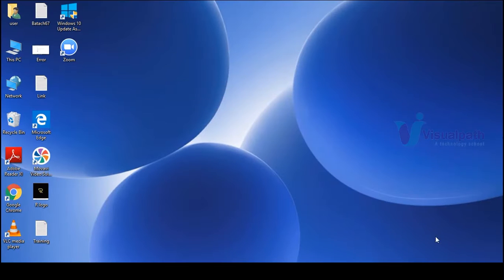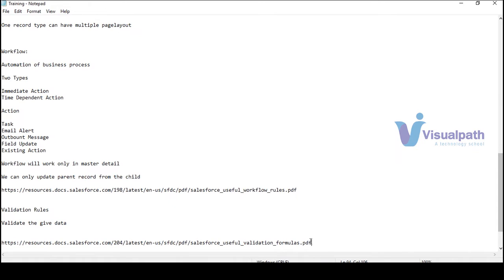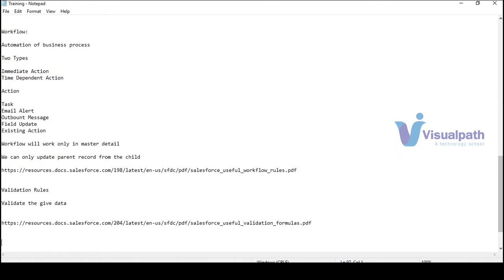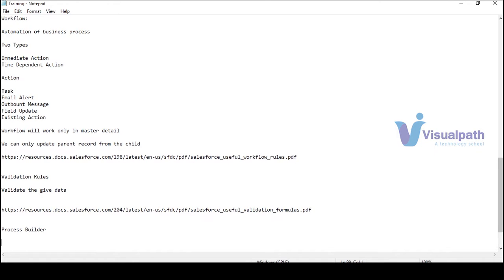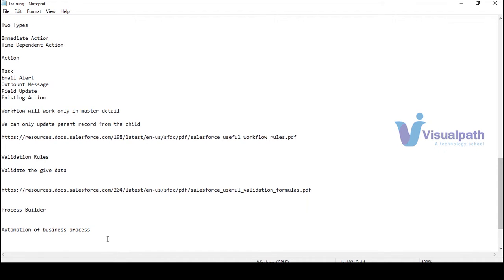In this session of Salesforce, we'll be learning something about process builder. So, what is process builder? Process builder is nothing but it's the same as a workflow. It is used for automation of business processes. But the main difference between workflow and process builder is that by using process builder,